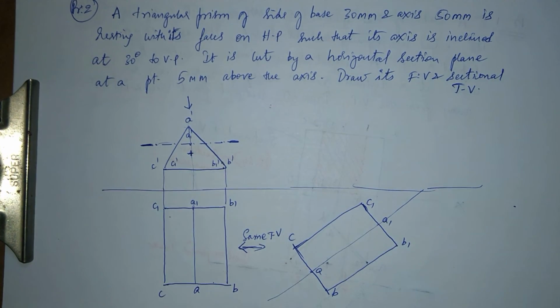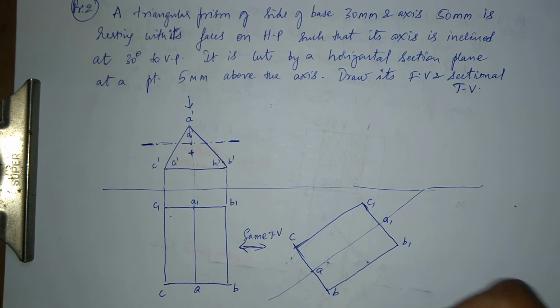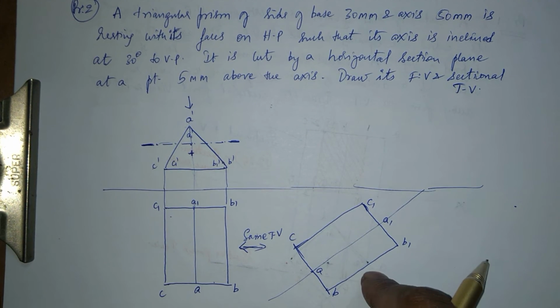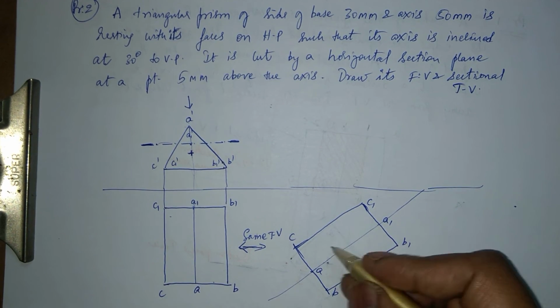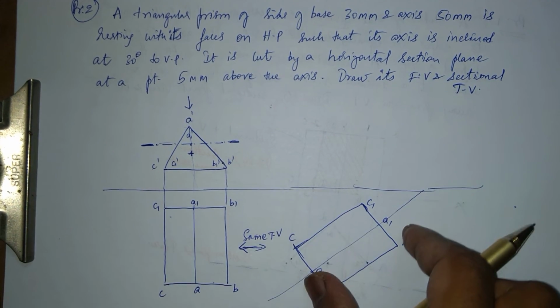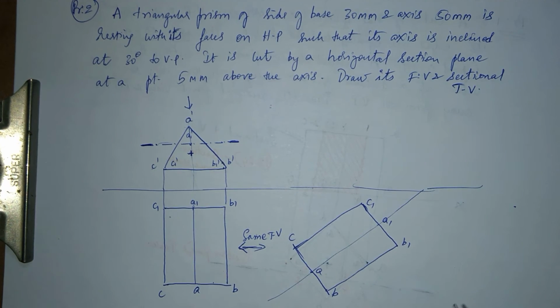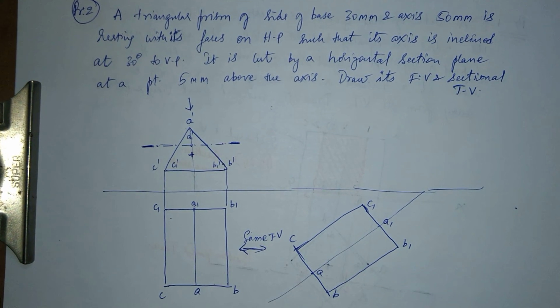Okay, this is the section. Now I'll just use it. I'm just holding it to get the front view from here, and then finally draw the front view and then get the top view. Since now it is inclined, I have a different front view altogether. I have to use the locus lines here and then get it.